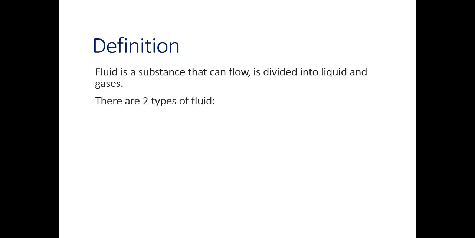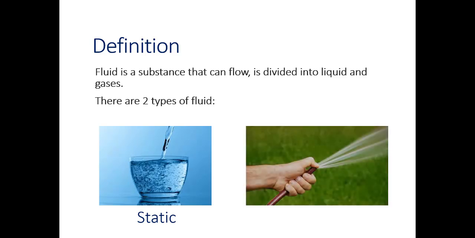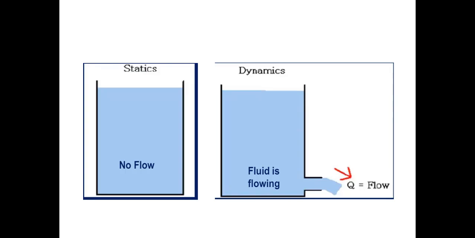Okay, there are two types of fluid. The first one is static, where everything is stationary, no fluid is moving. And the other one, we have dynamic, so the fluid is moving. If the fluid is moving, then it will have speed. All right, so there will be v in dynamic. Okay, but in static, without velocity or speed, it's at rest, stationary in the place. Static: no flow, and dynamic: fluid is flowing.